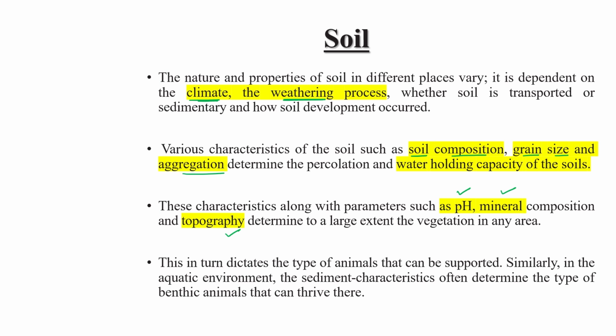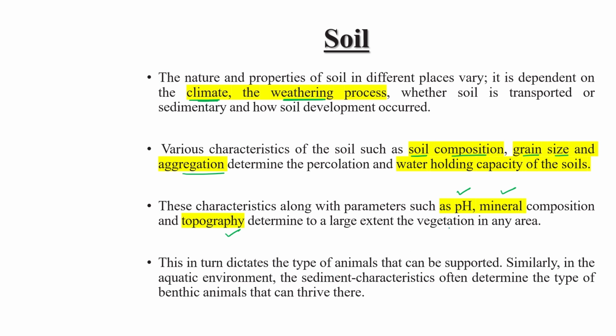So the vegetation and biodiversity is greater in that particular area. Different types of organisms, plants and animals, can be found there. That's why soil composition, the mineral composition like iron, and topography determine